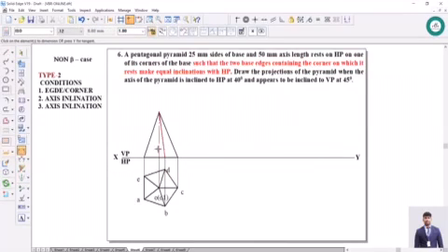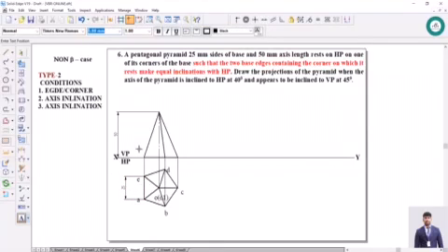Now show these dimensions. Come to this naming. So this is A dash E dash, because from the front view A, B, C is clearly visible. This is O1 dash, and the axis, this is O dash.